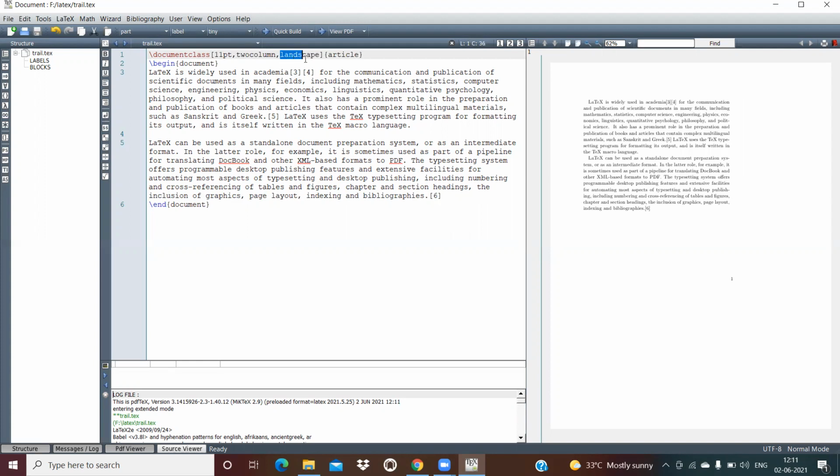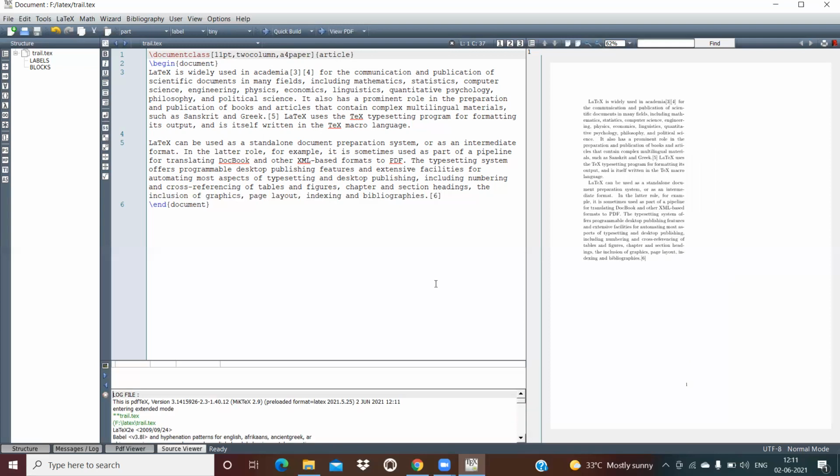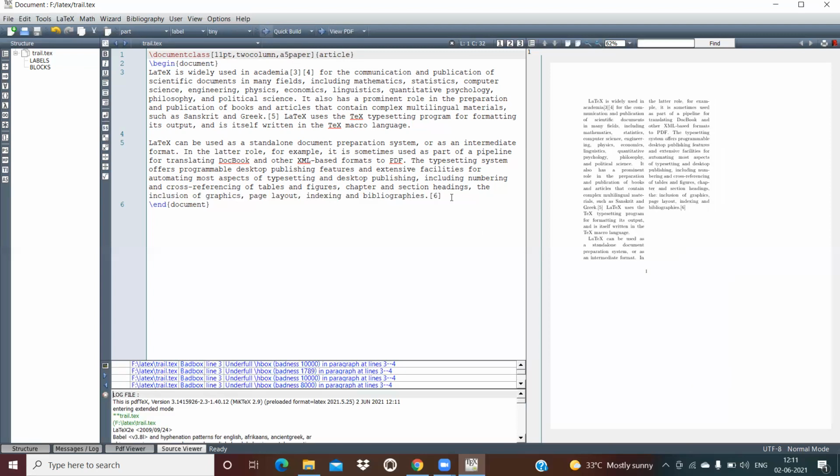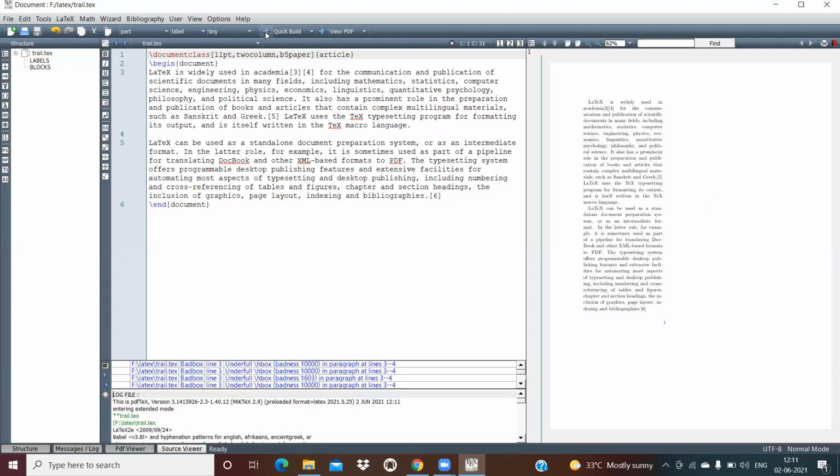So I do not need all those things. I'm going to make it an A4 format, A4 paper. This is another thing, A4 paper format. This is an A4 paper format, and you can choose another paper format, that is A5 paper format. This is an A5 paper format. See, this is the size of A5 paper format. Then you can make it a B5 paper format. This is B5 paper format.